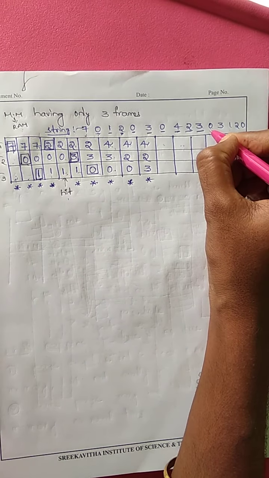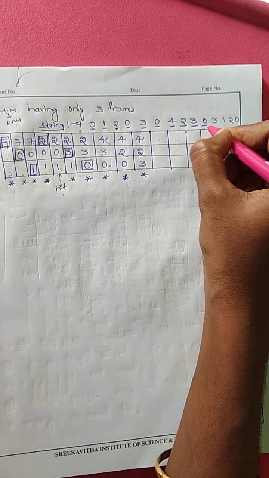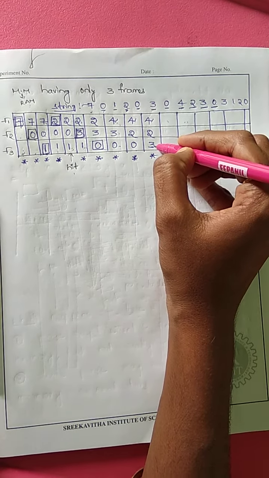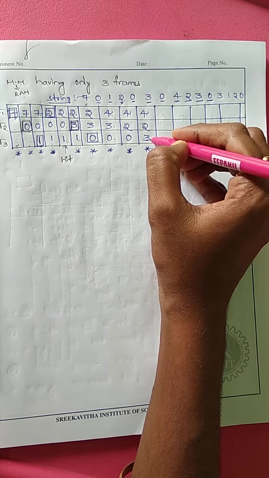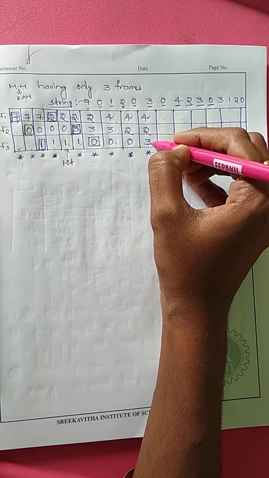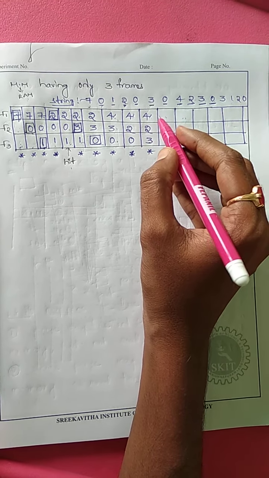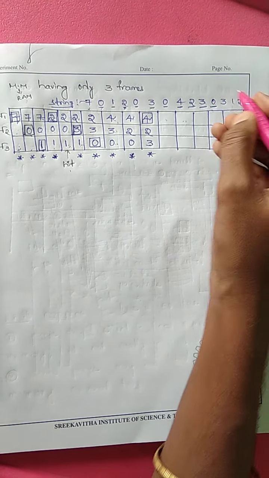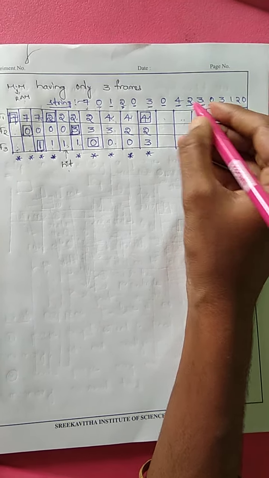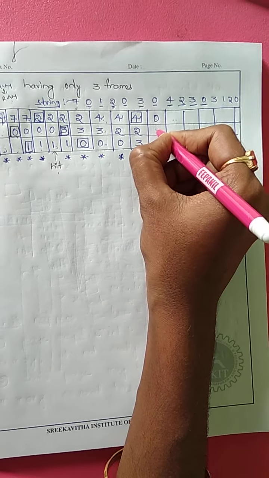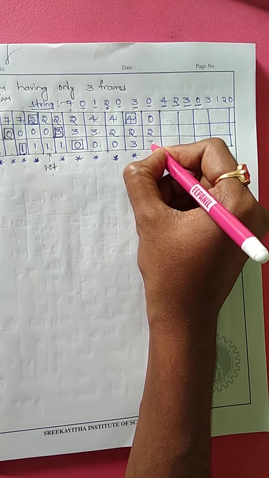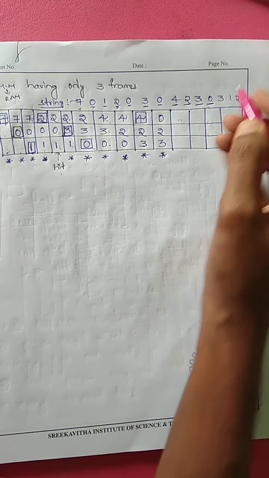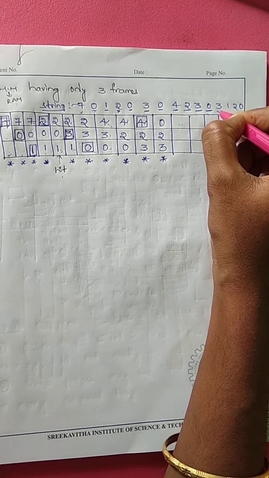So, what's the next page the CPU is demanding? It is demanding 0. Is it there? No. We can call it a page fault. So, which one is to be removed? Which page will be used for the longest time? 4. So, 4 will be removed and replaced with 0. 0, 2 and 3. It's a page fault.